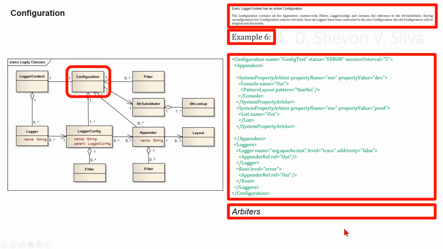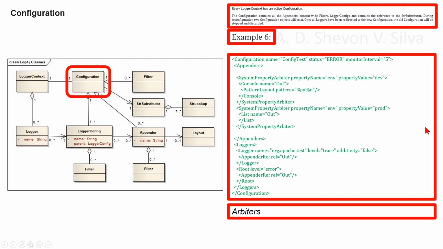As an example 6, we can consider arbiters. In some situations it is desirable to have a single logging configuration that can be used in any deployment environment. For example, it may be necessary to have a different default logging level in production than in development. Another case might be where one type of appender is used when running natively, but another is used when deployed